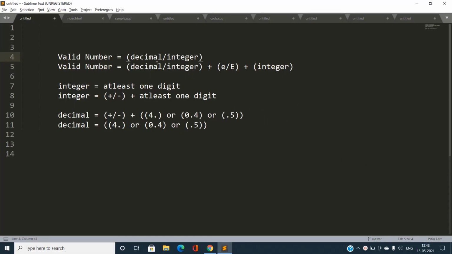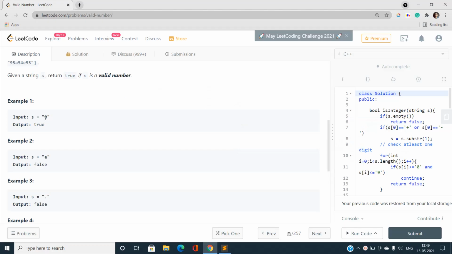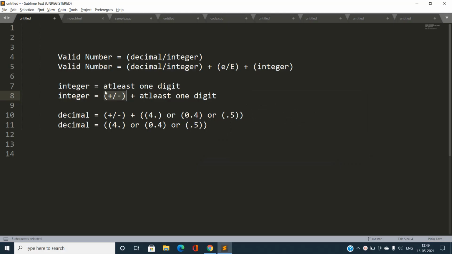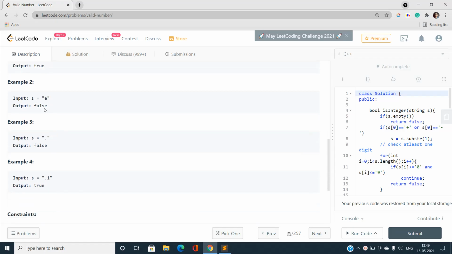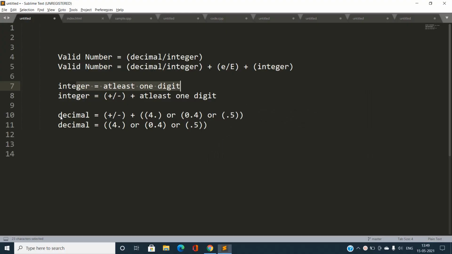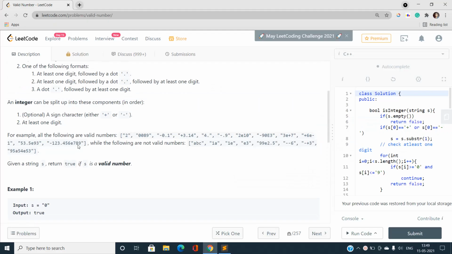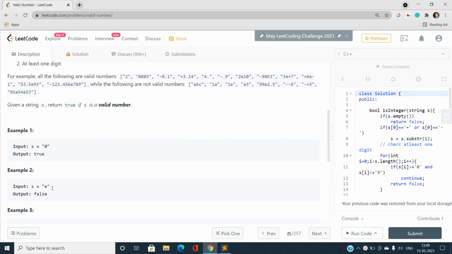First I will check whether it is an integer or not. The condition of an integer is to check whether the optional character is present. You can see there is no plus or minus, so it lies in this category, and there is at least one digit present here, so I'm going to return true. Yes, it is a valid number. Let's talk about this small e. Is it a valid numerical string or not? What is my condition for a valid number?